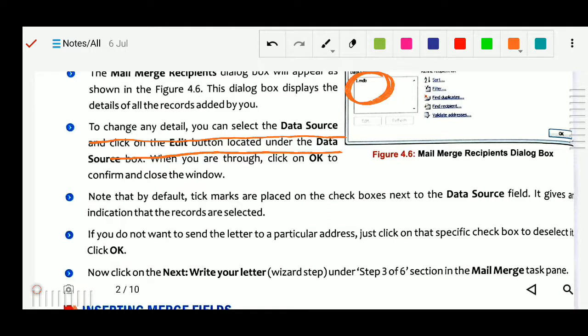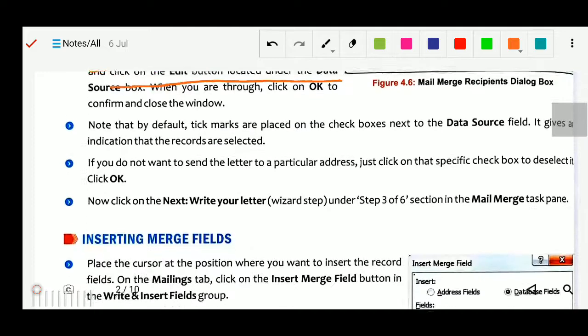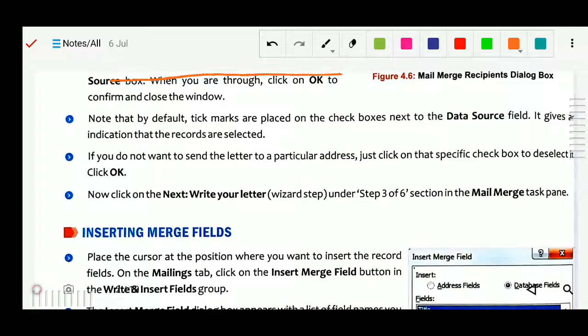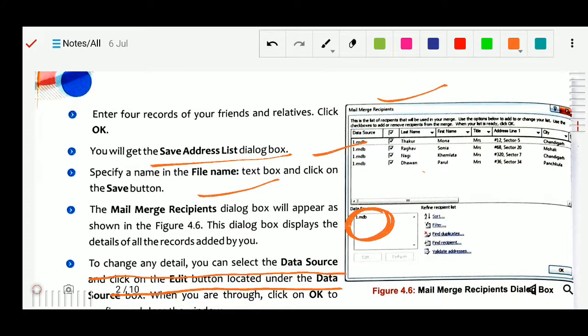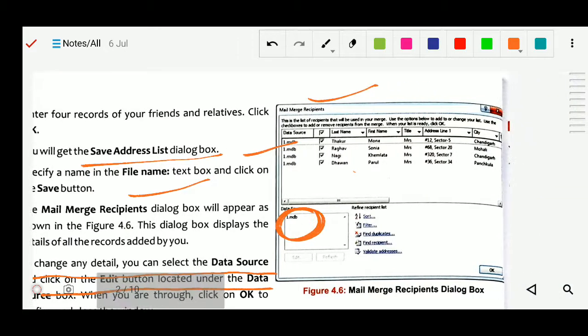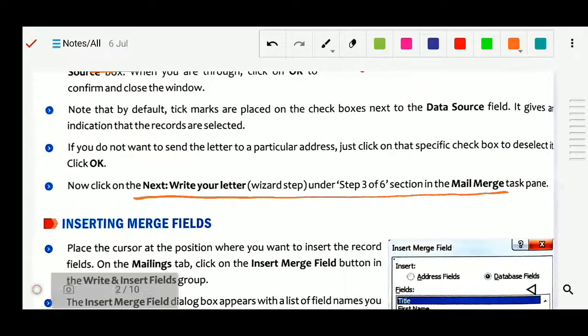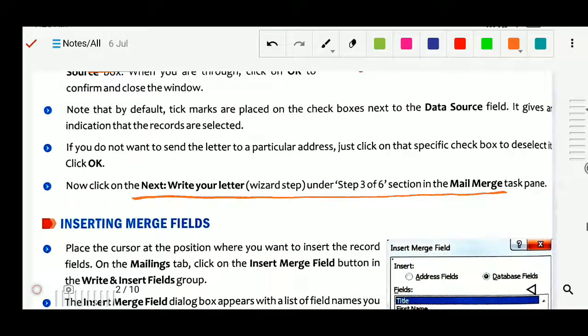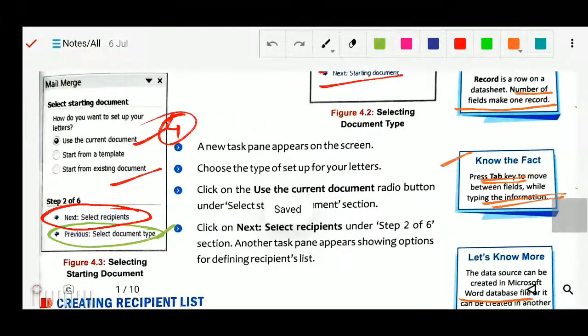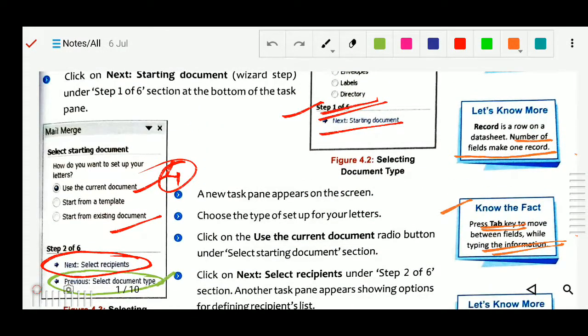Okay, then now click on next, write your letter, so that you will get here. First of all this list is done, then click on OK. When you click on OK, next you can see the step you have to follow.